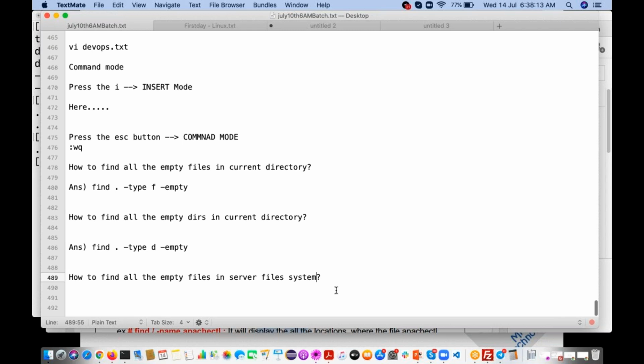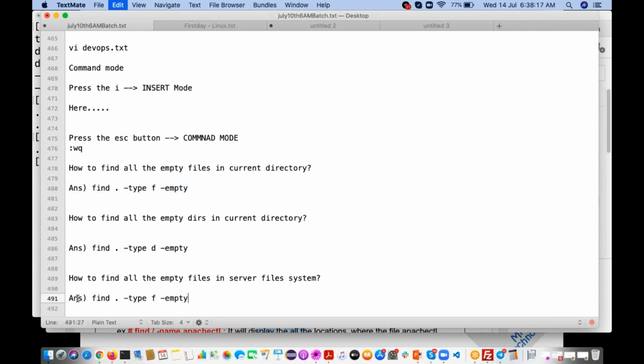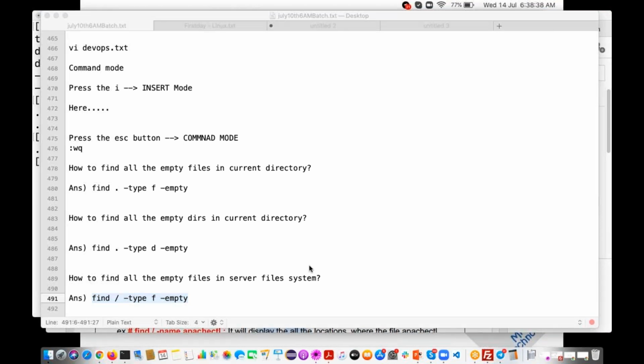So what is the answer? Instead of the current directory, what are we going to specify? Forward slash. Forward slash means it is the root directory, the parent directory, right? As a normal user, can you access the files which are available in all the directories, like the opt directory?